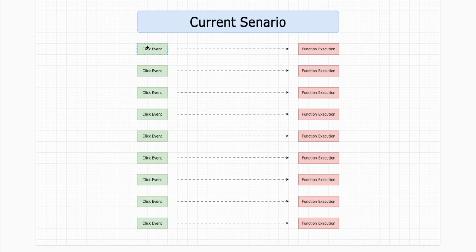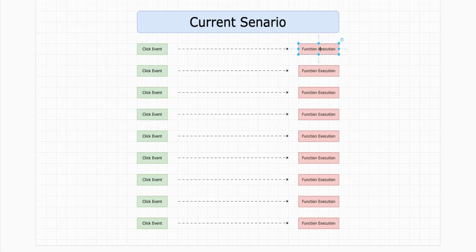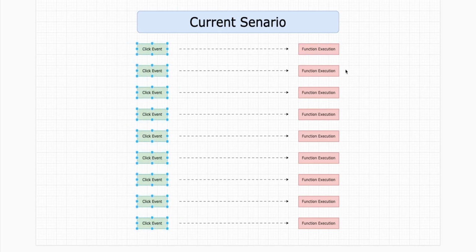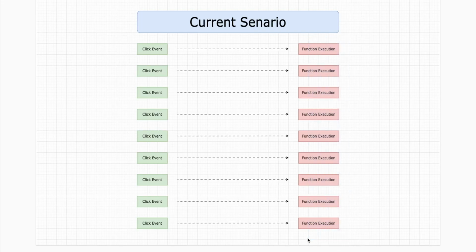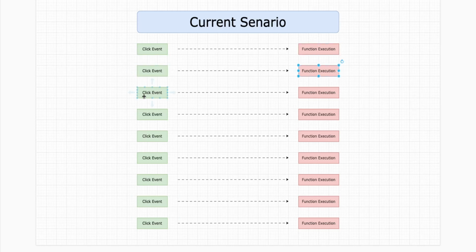So whenever any click event happens, we are basically calling a callback function. We are executing a function. So if the clicks are happening very frequently, we are also invoking the function very frequently, almost synchronously. When a click happens, we invoke the function, again a click happens, we invoke the function, and so on and so